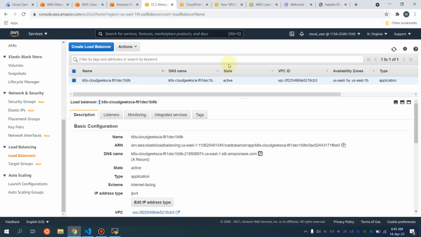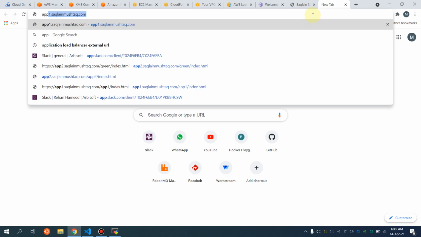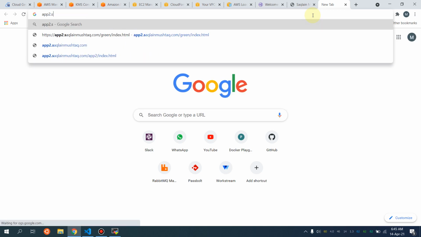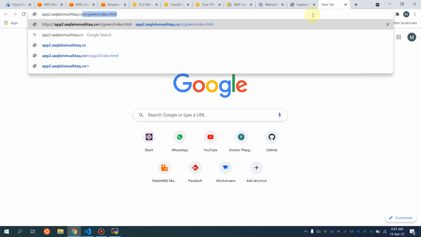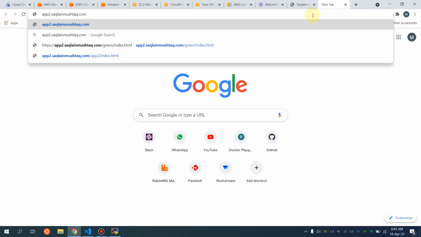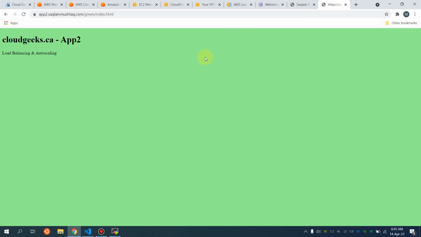So guys, I have updated the DNS endpoint of this DNS. So propagation will take a little time, but let's try. First of all, app2.saklanmushtaq.com, and it is going to be path green index.html. So it might be coming from cache, but I have to simply refresh it. So it seems that it is updated. So this is actually coming from that particular proper DNS, but application 1 and 2 are not going to come